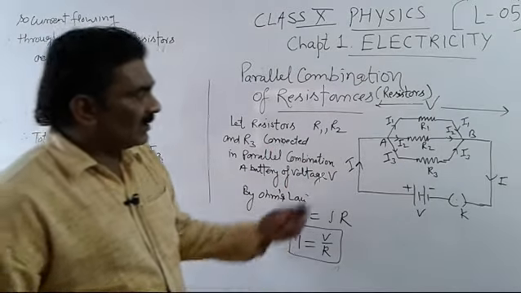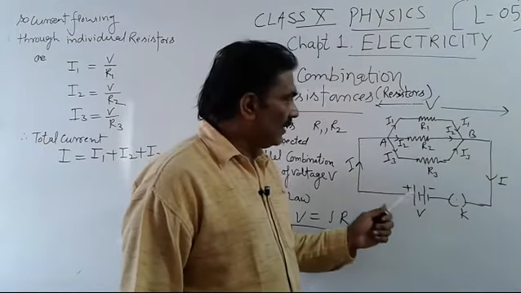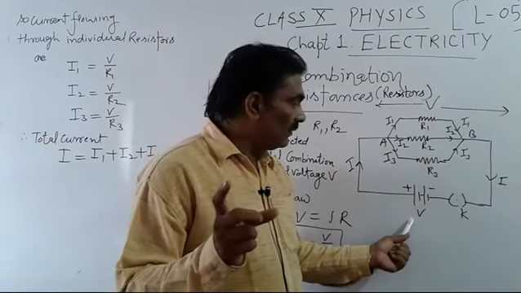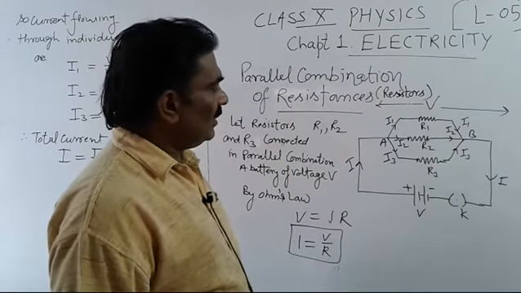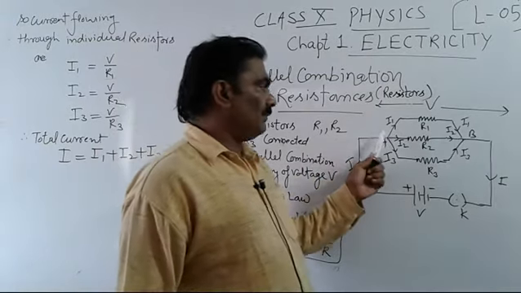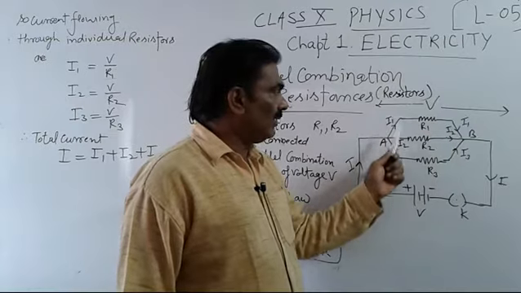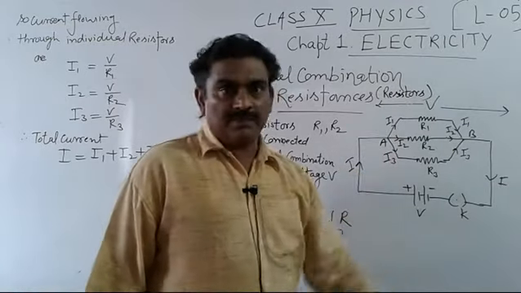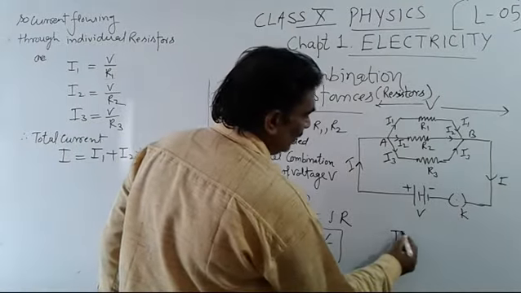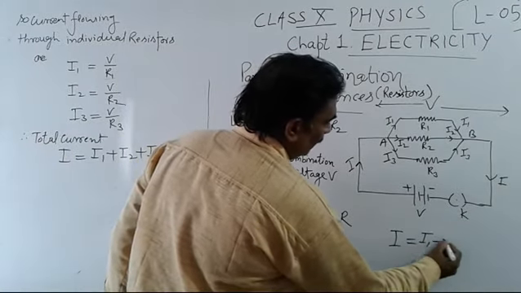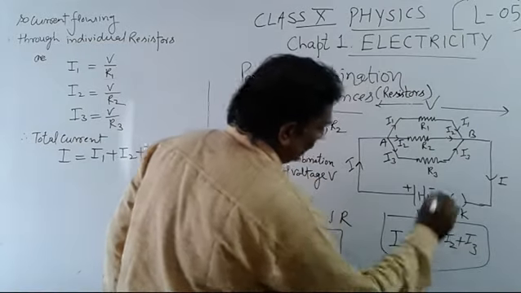So here students, this is a circuit. I hope we will draw. Three resistors are connected in parallel. A battery of V volt is applied here. This is the key. When we close the key, current I flows, and at point A the current becomes individual I1, I2, I3, but voltage remains the same. And from this diagram, total current is equal to I1 plus I2 plus I3. This equation we will use here.